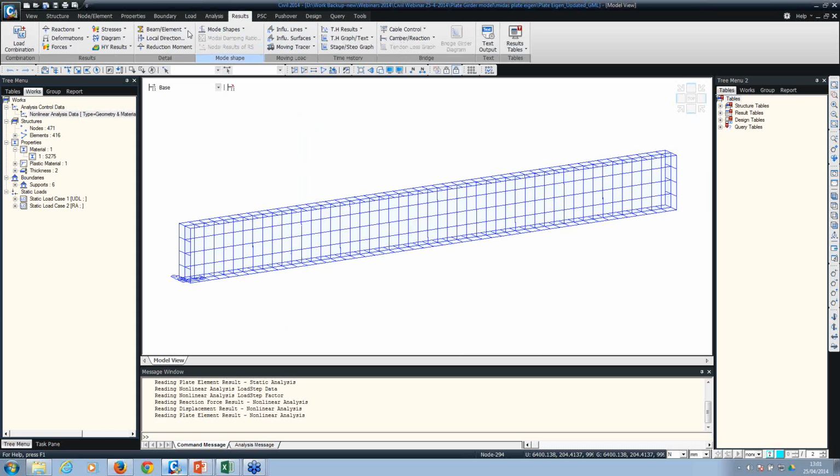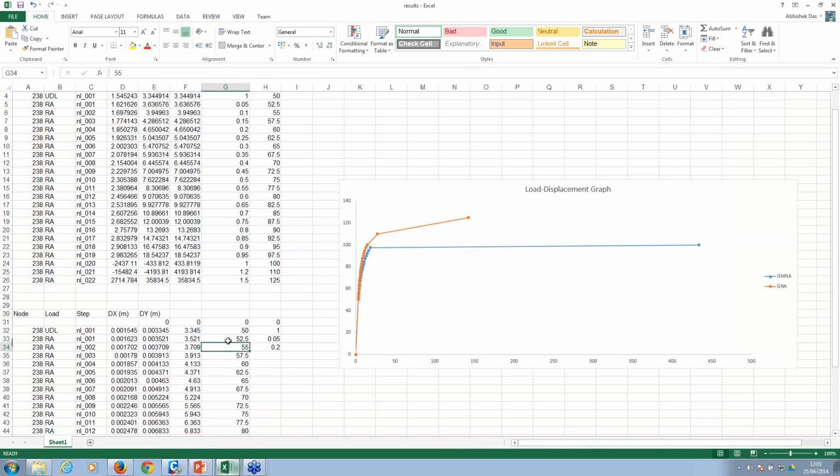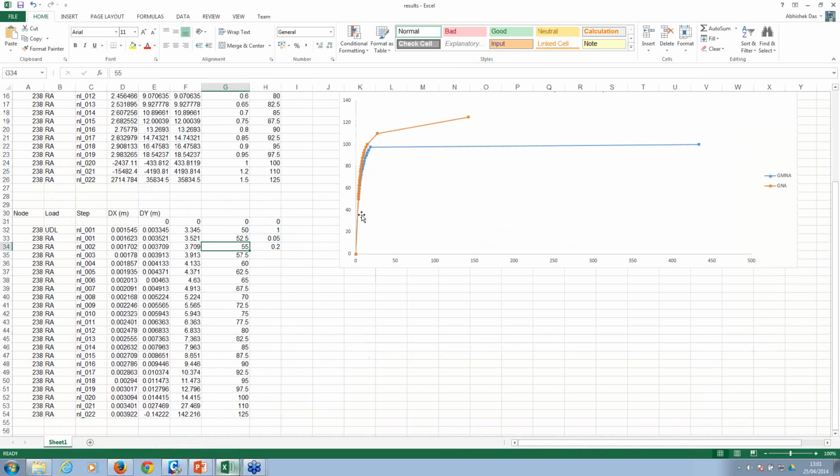And finally, we repeat the same steps. We get deformations in a table format and we copy-paste them into Microsoft Excel and plot the graph. So you can see that this blue line represents the material nonlinear analysis, and that's the geometric only analysis,